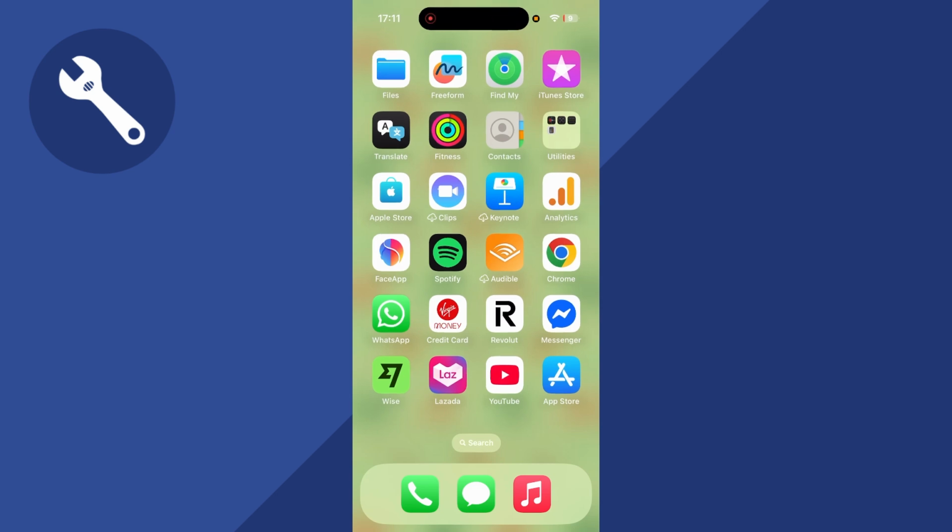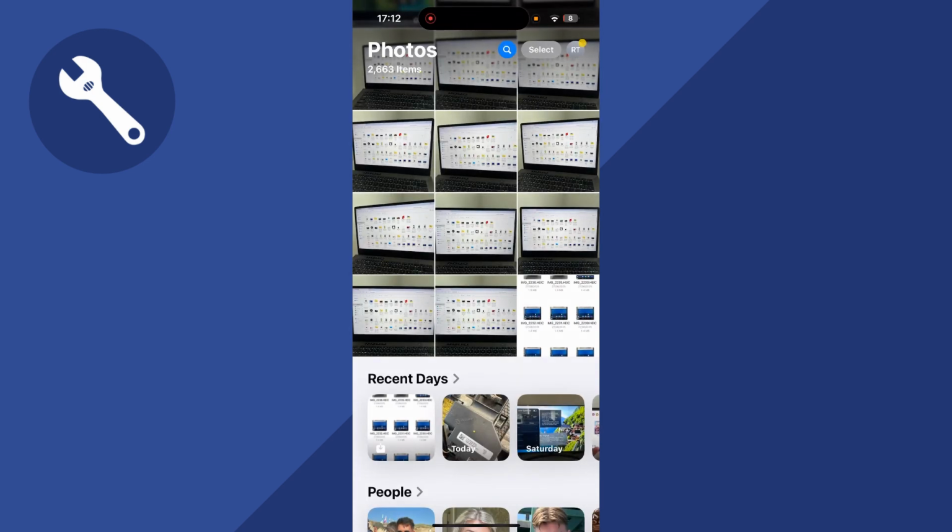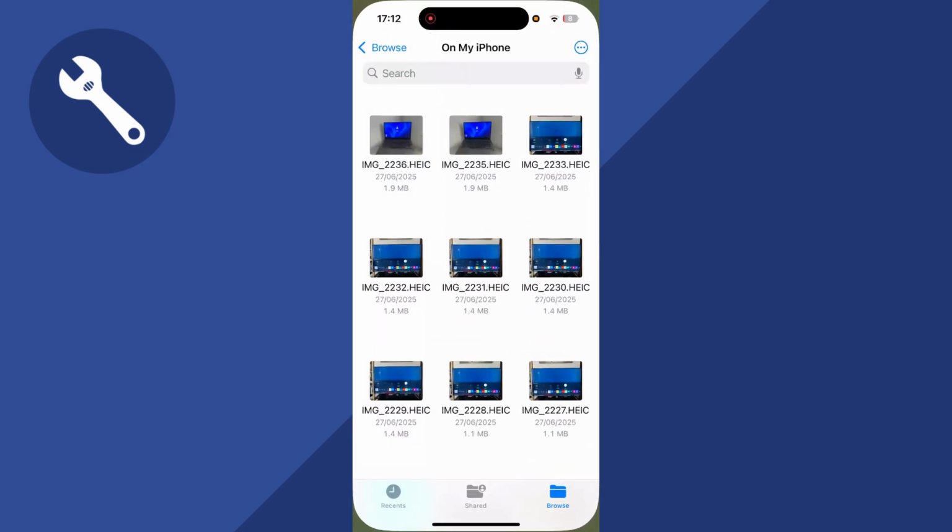How to share files from your phone to your laptop. So there's actually a few different ways to do this, but I'm going to show you the method that I prefer the most. So whether you want to transfer photos or videos or actual files themselves,